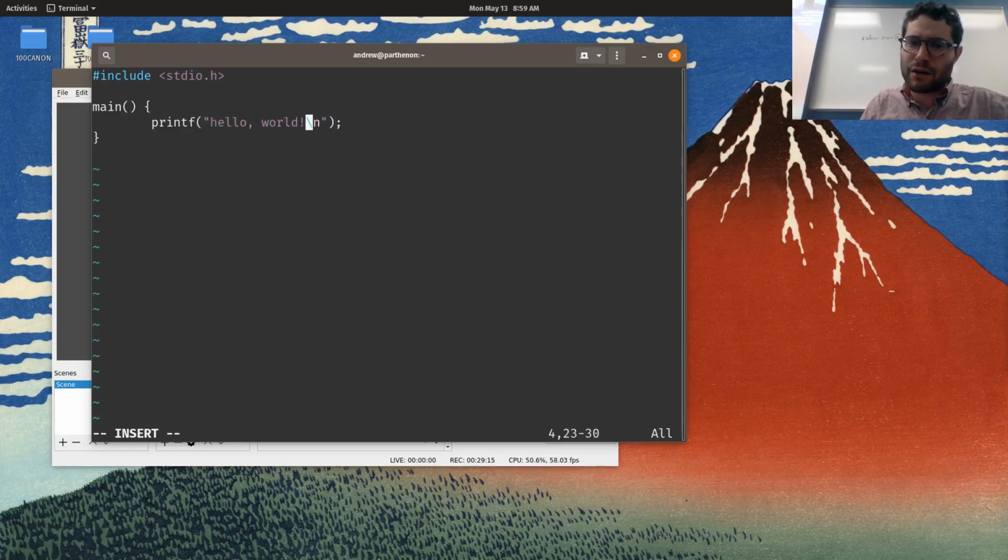This \n over here is what we call an escape sequence. It's a special character meaning, hey, I want you to print out another line after you print this out. And I'll show you what it looks like with and without that. And then the semicolon is basically saying, I'm done with this statement. It essentially acts as a period. We just don't use a period a lot in computer science, because a lot of times we're going to be using periods for decimal point numbers or for function calls. So we want to use the semicolon to say this is the end of the statement.